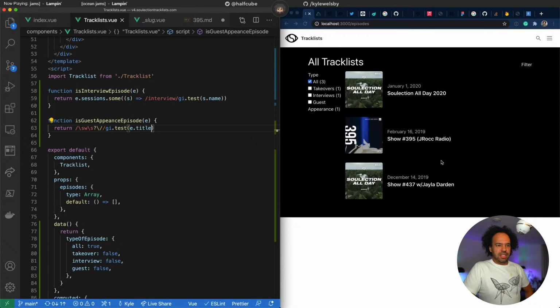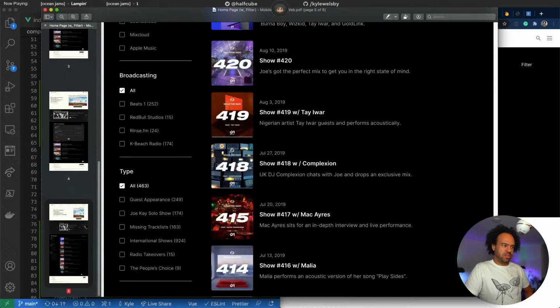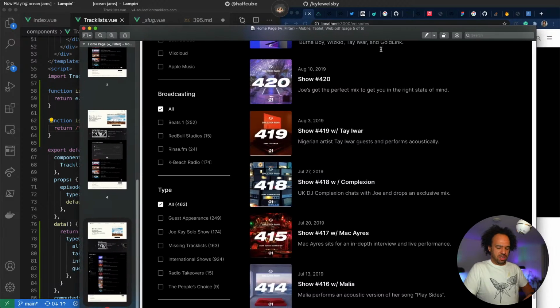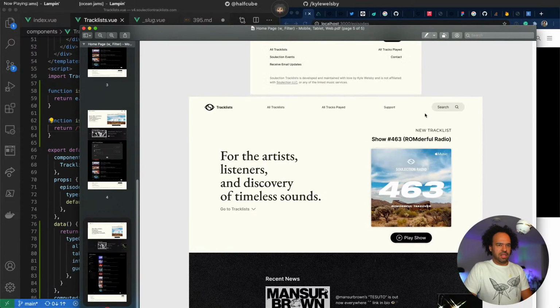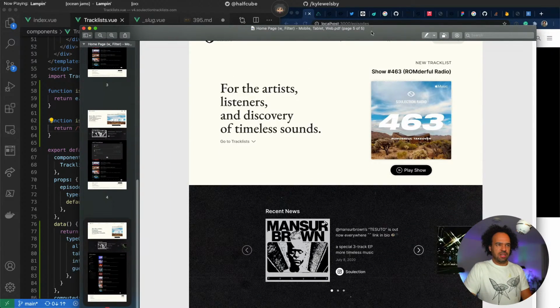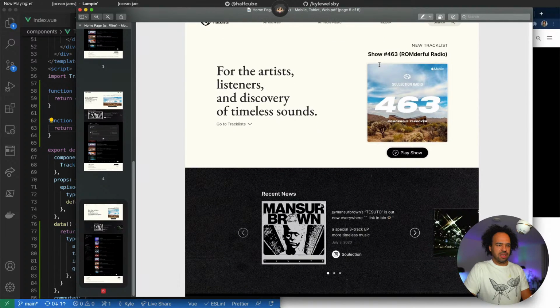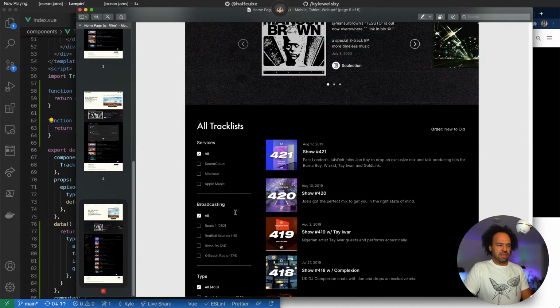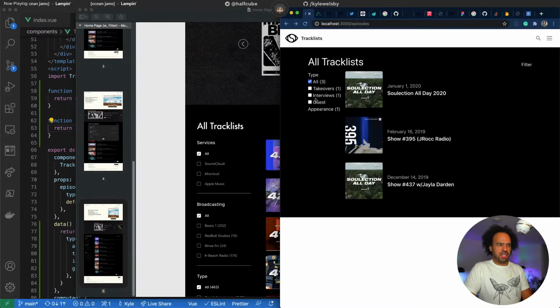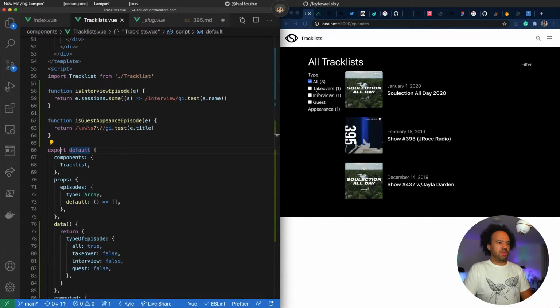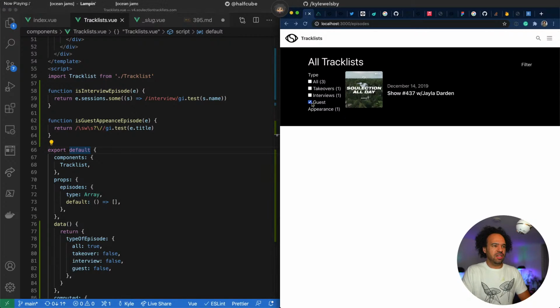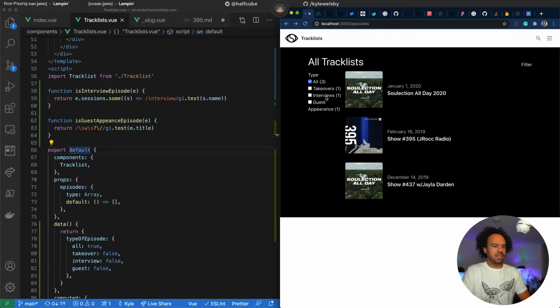I just realized this spacing is not ideal. Zoom this out. I think that's about right. You have tons of spacing and not enough spacing on this version. I'll fix that eventually. I just want to kind of get this functionality working. Interviews. Yeah, cool.